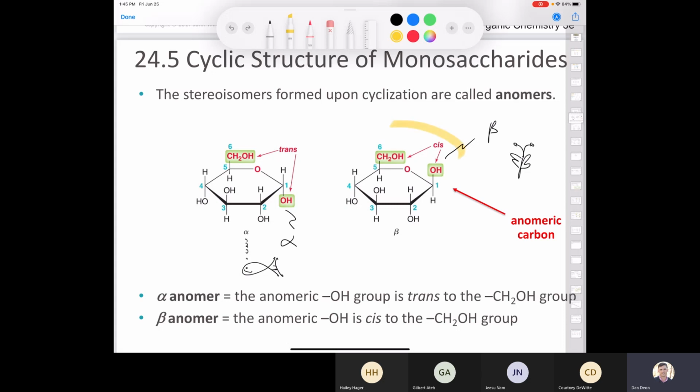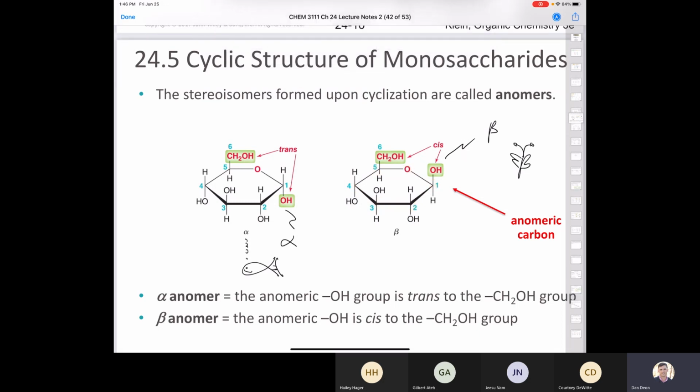What you have shown here is a Haworth projection, right? And Haworth projections are really important, but remember that when you're an organic chemist, it pays to be able to observe a molecule in different ways. We know that each of the carbons and the oxygen in the six-membered ring are all sp3 hybridized. And so it's sometimes helpful to look at these molecules